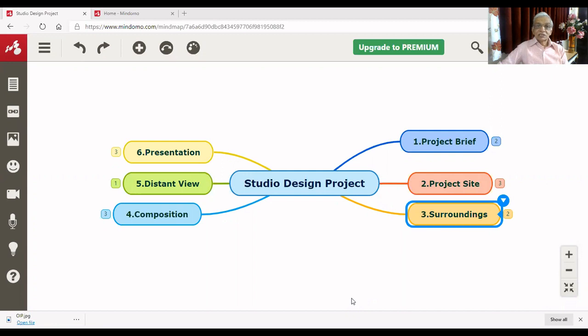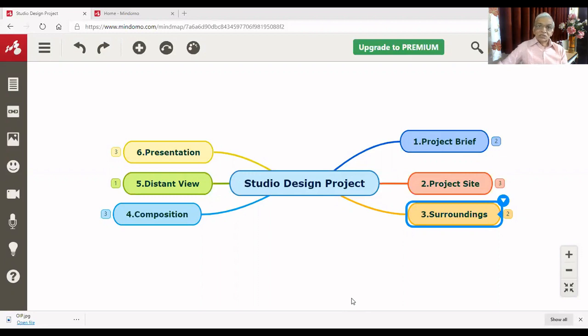Number 1 is the project brief itself, because normally the faculty members will give all of you the studio design brief for you to go through, for you to understand what the project is. So you need to carefully read it and try to find out how the brief could be converted into logical spaces that you are going to club together, and then trying to evolve a plan for your project.